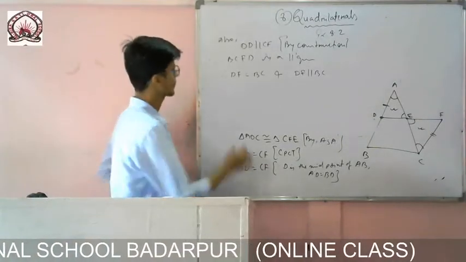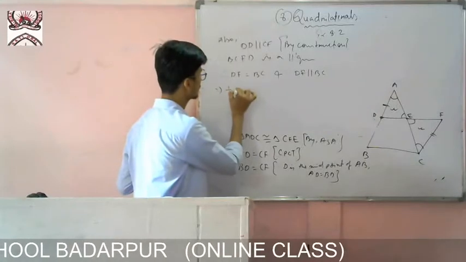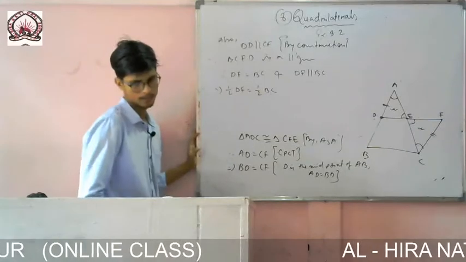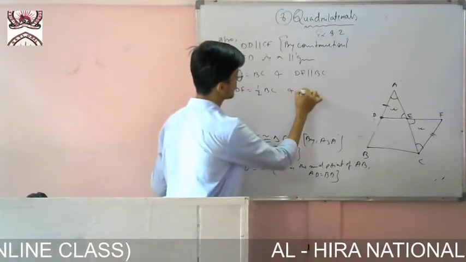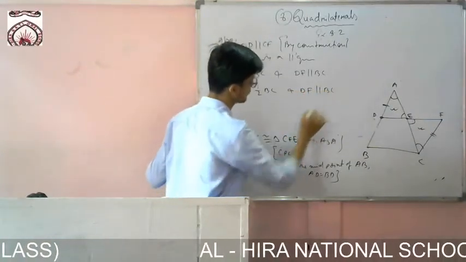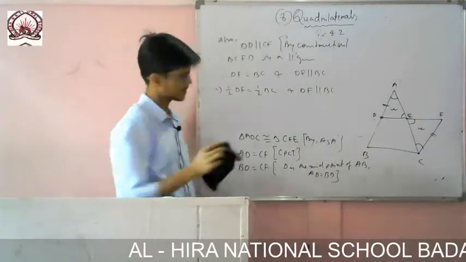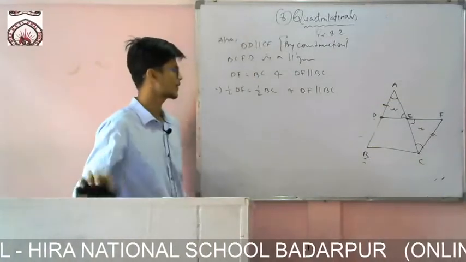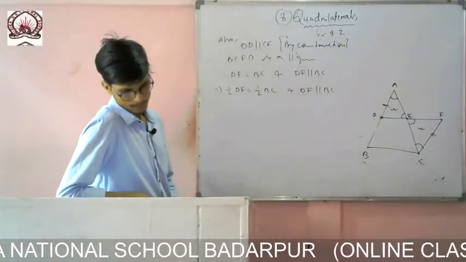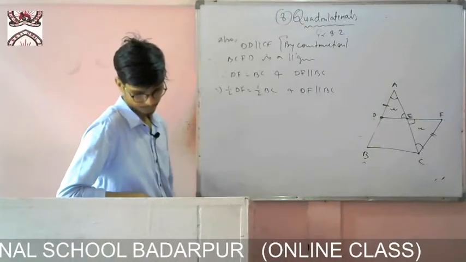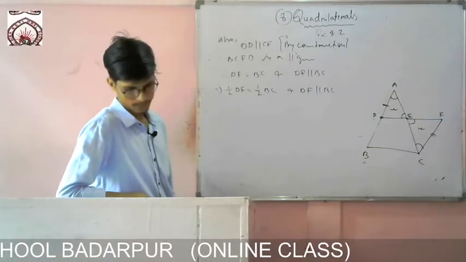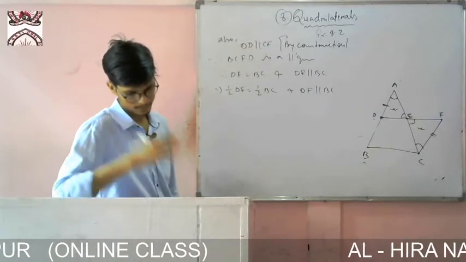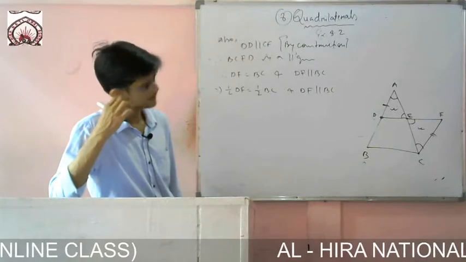Okay. So in place of DF I am writing half of DF, I am writing half of BC. Okay. Half of BC, and this part is the same. Let it be DE parallel to BC. I am multiplying both sides by half. Okay. So half of DF is equal to half of BC, and DE equals DE. DF is parallel to BC.